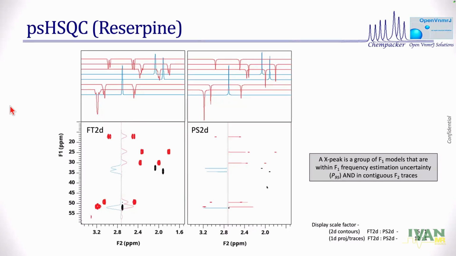And even a pure shift HSQC, the conventional pure shift pulse sequence. Remember, we have 2 places where we can manipulate the table. One is by actually doing the pulse sequence differently. Fantastic. I made a living out of it for 20, 25 years. We can do that. But we can also do that. It's not one or the other. So here is a pure shift HSQC processed the conventional way,